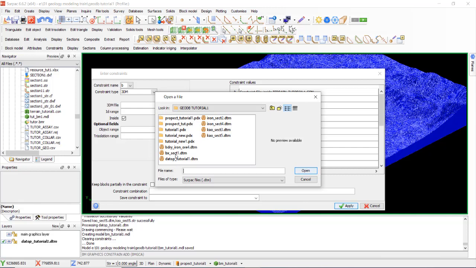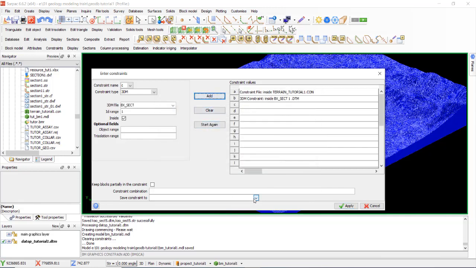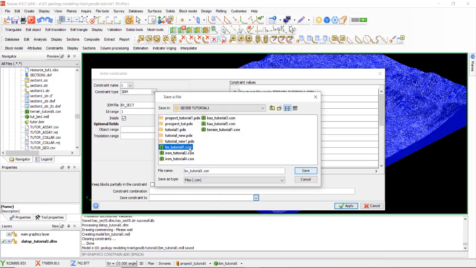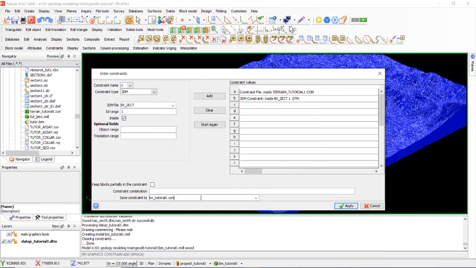Layer 1 is Brexia. I mean, sorry. Select, open, add. Okay, this brings you to the layer 1. Apply.